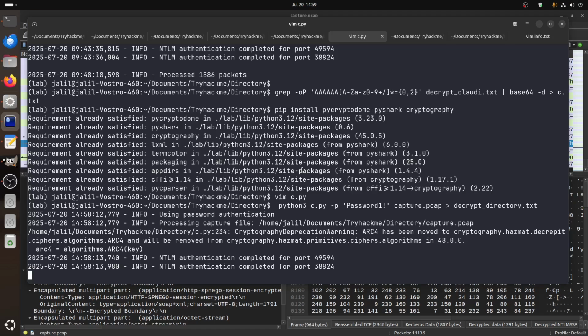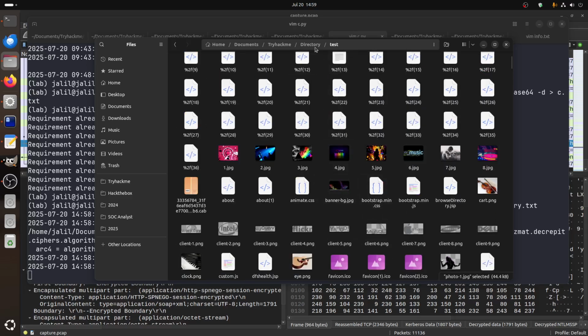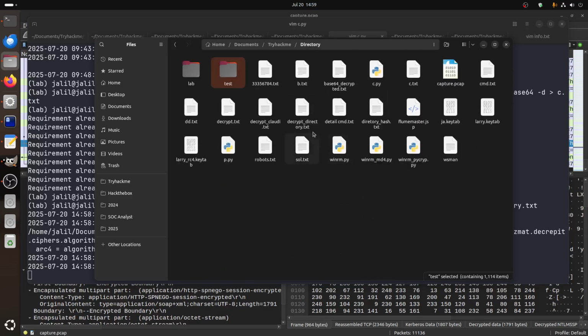I'm not sure why it took, maybe because of what exactly he's doing. It took a little bit of time when he got, what's the name of the file again? Decrypt directory. This is the website stuff. Decrypt directory is this one. 23 megabytes is a very large file. The one I did this morning was,